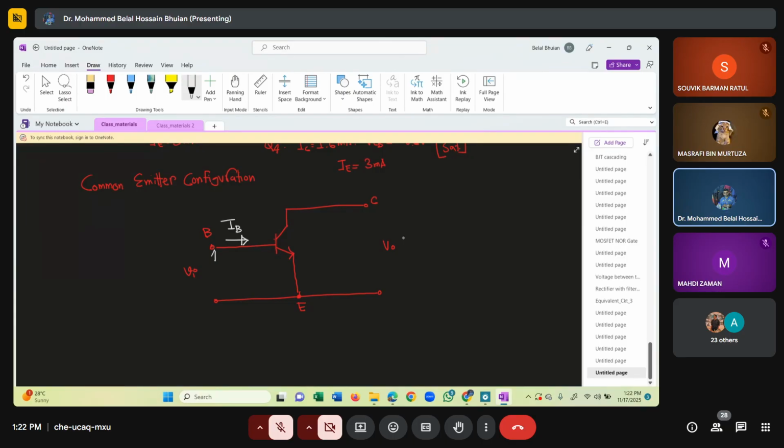IB. Input voltage, VBE. Output current, IC. Output voltage, VCE. Okay. So input characteristics,